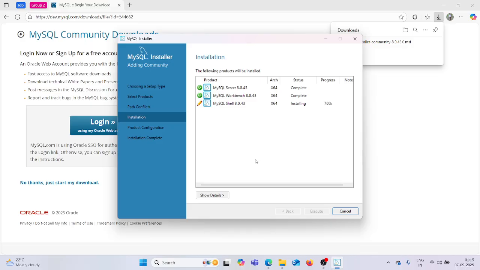Takes time. 70% completed. Last part is going on. MySQL Shell 8.0.43. Still 30% is there to complete. Just hold on, keep patience.